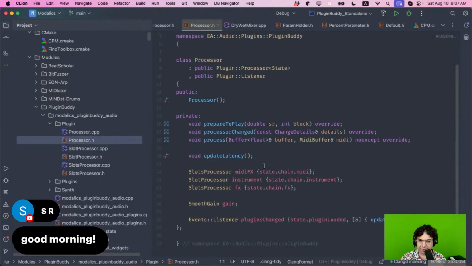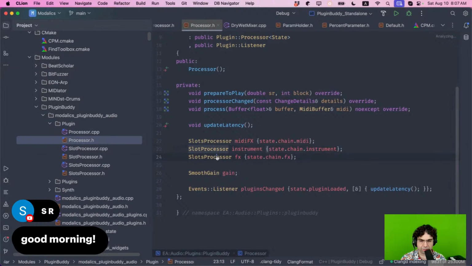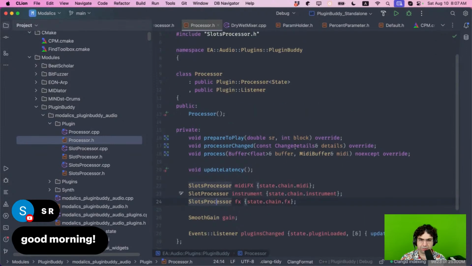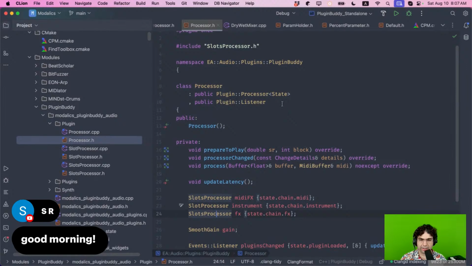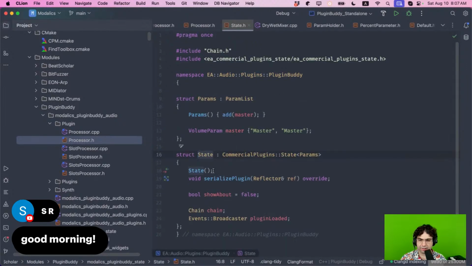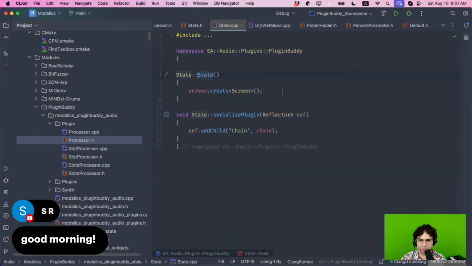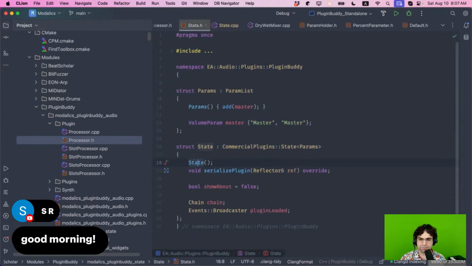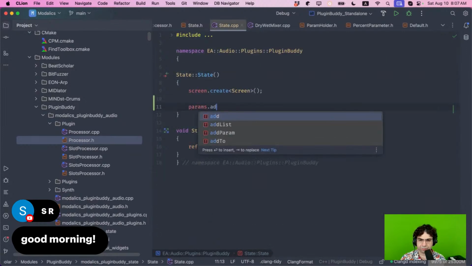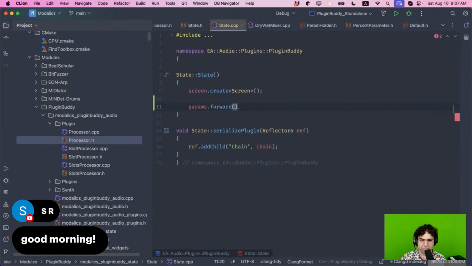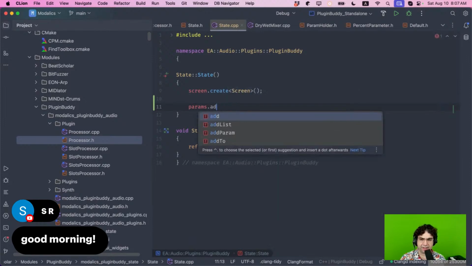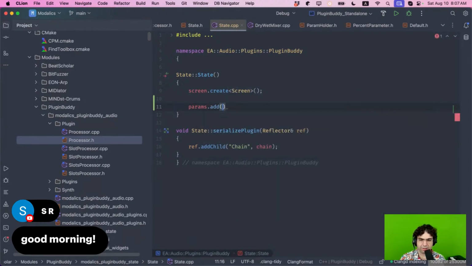The plugin is here. And I should just be able to collect here in the state. I should be able to, something like params forward, right? Can I forward this or should I just add this? Because this isn't added anywhere. I think I should just be able to add